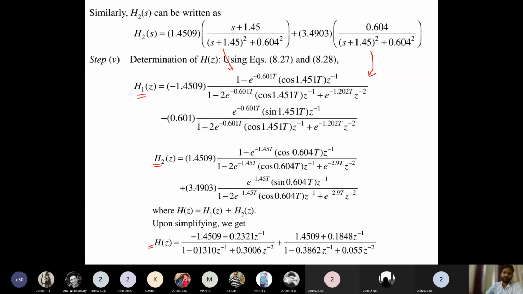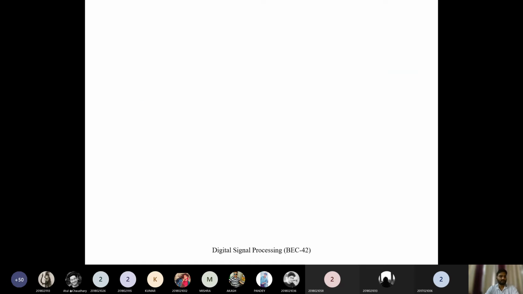This is, you can say, the lengthiest question that could be asked. For the exam point of view, the questions could be quite simpler, but you should know the step-by-step analysis, like how we can go through these steps to calculate the questions and solutions. And we will see some more questions. Suppose we'll be taking some more questions.